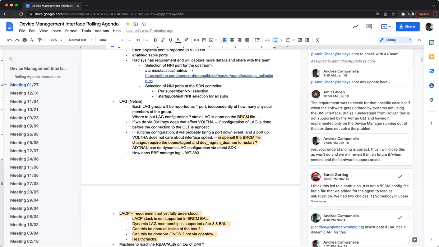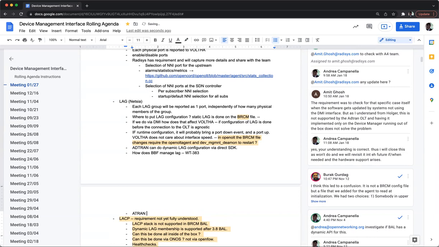One question maybe for Holger, because I know kind of what the OpenOLT agent can do, which is not support LAG, but what is the Adtran OLT capability to do LAG and maybe even LACP? Sorry, I'm not sure. I guess probably LAG, but I don't think we support LACP. I think for LACP you need a control protocol to switch, but this is only guessing. I'm sorry. Okay, no problem. Yeah, I will look it up afterwards.